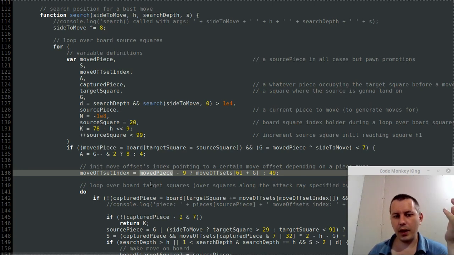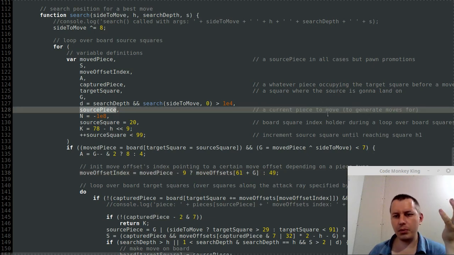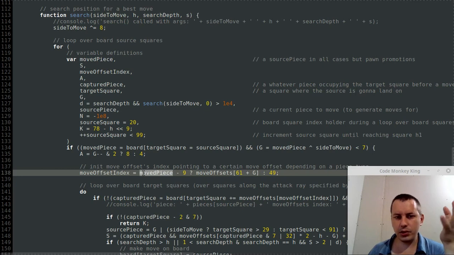So that's the reason for having a separate variable moved piece instead of just the source piece, which is the current piece to move, to generate moves for. So anyway, the moved piece is the source piece at the same time,